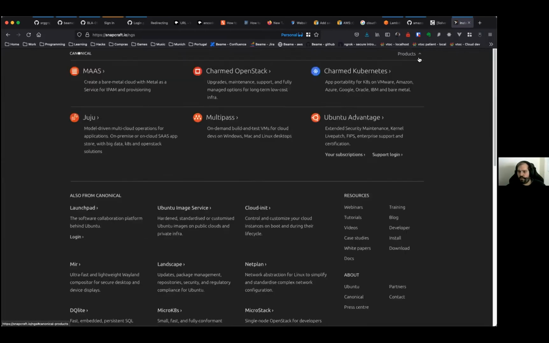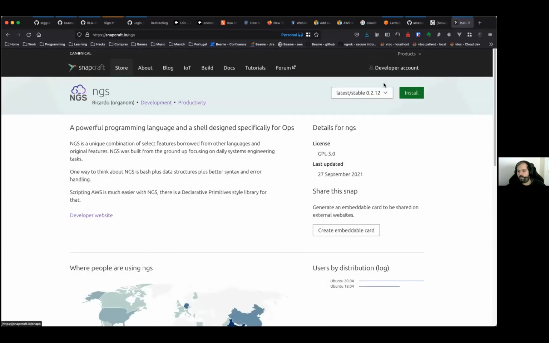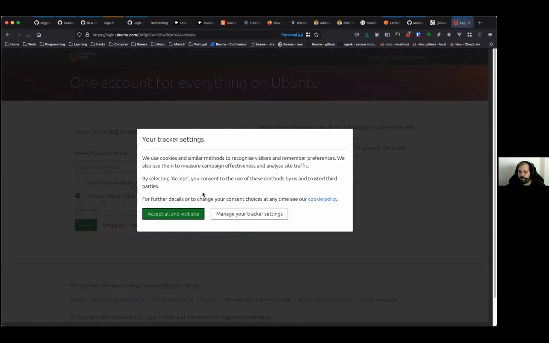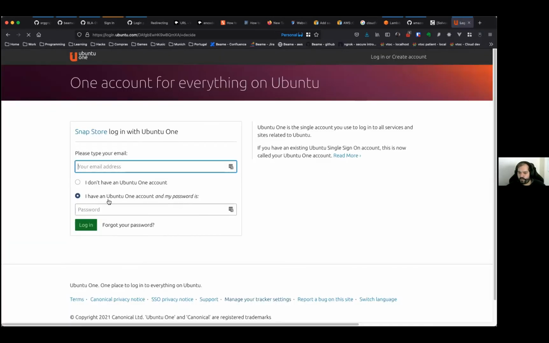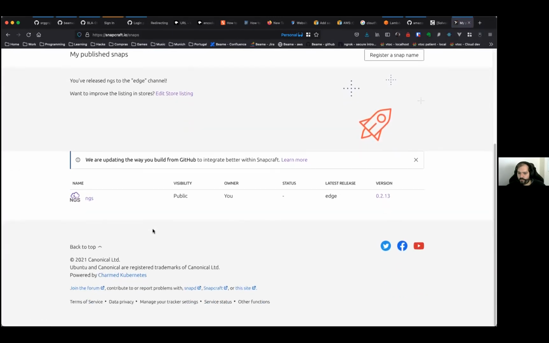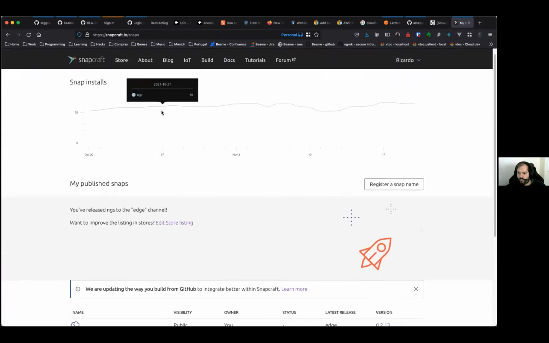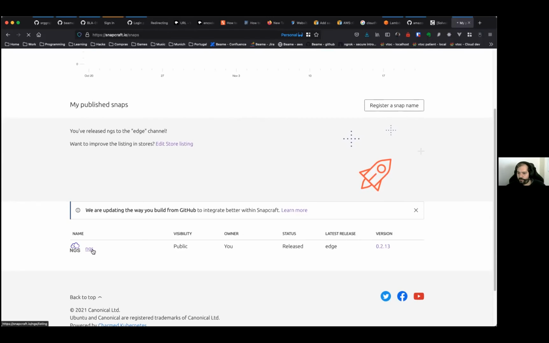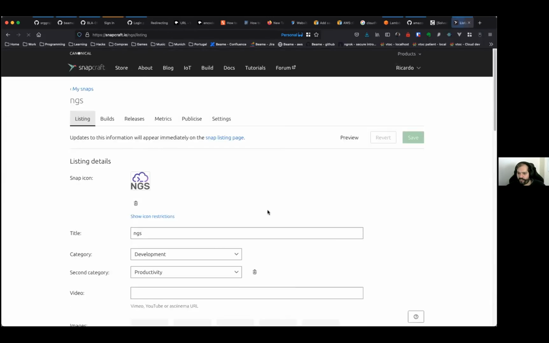Everything goes to the edge automatically, and then you just promote them. Oh my! How do you promote them? You have to log in. Oh my! I have to share these credentials with you still. Yeah, we'll get to that someday. Yeah, someday. And basically, yeah, let's do it now, live. Yes. I hope we don't share things that we shouldn't be sharing. You want to share your credentials live?